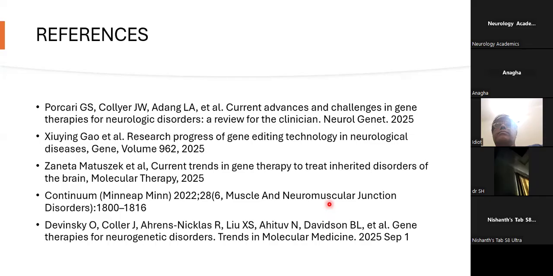For example, you have mentioned Parkinson's disease, which is monogenic. Rest of them are neurodevelopmental, polygenic, with an interplay of environmental as well as genetic factors. So what are the challenges in